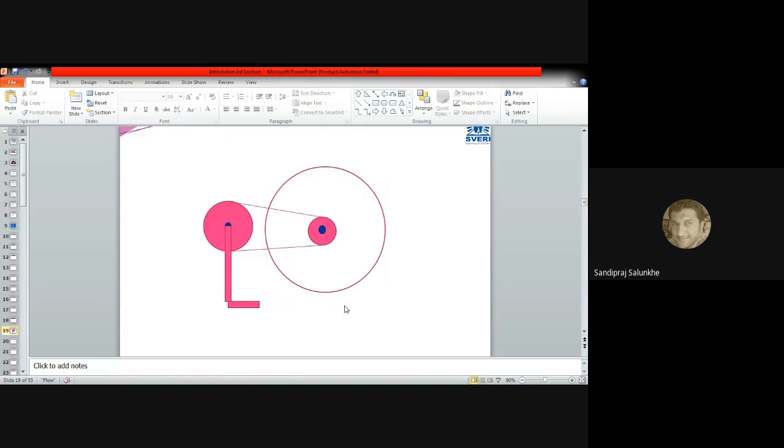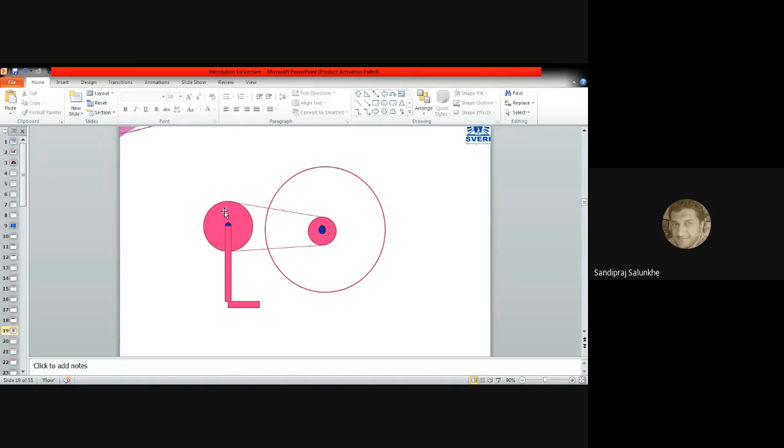Okay, this is the road wheel, and this road wheel will get rotated. Now, I just want to ask one question: what will be the speed of this bigger wheel as compared to the speed of this paddle? If the paddle is rotating with 30 RPM, then what will be the speed of this bigger wheel? Whether it will rotate with 30 RPM, 40 RPM, or 100 RPM, if the diameter of that bigger wheel is 50 centimeters, suppose. Are you getting my question? Same RPM, right?